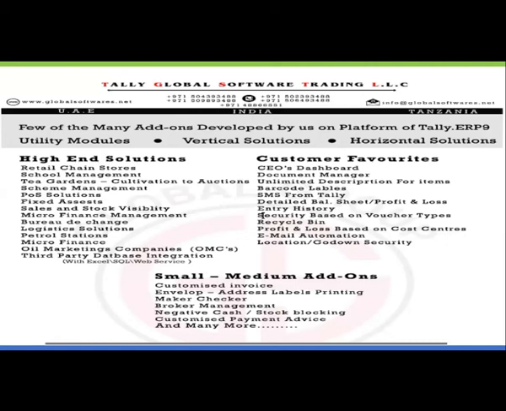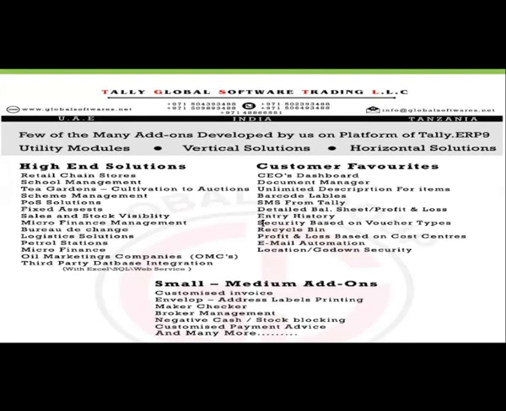Yes, Mr. Mohammed, I can see the query: how to create 100 items in one group with category, opening balance, standard cost, standard sales price, etc. in one go. If you go to multiple stock item creation, you will not get all the options. Go to inventory info and select multiple stock item.